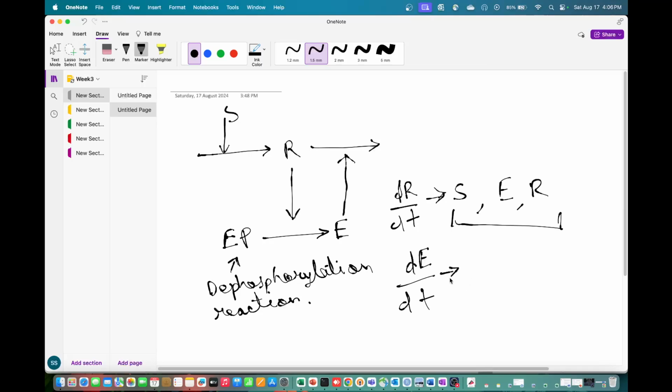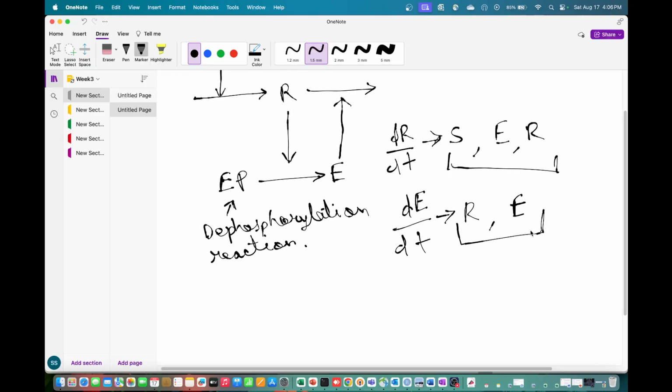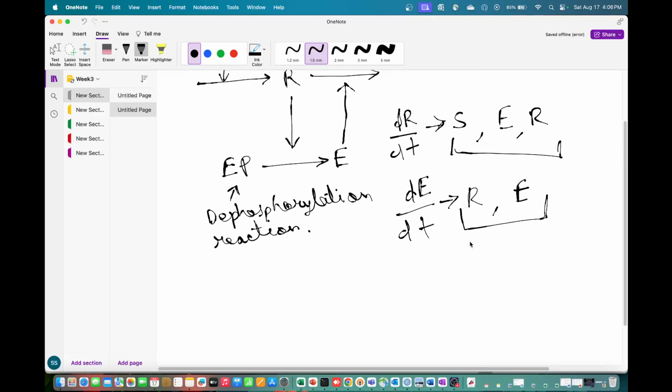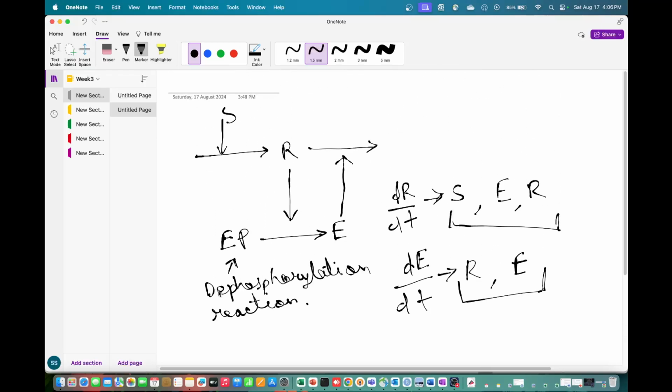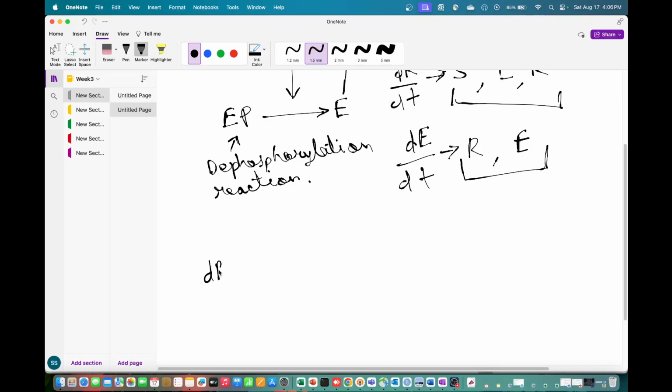Now dE/dt will be a function of R, because the production of E depends on R. Next will be E itself, so the change of E is dependent on E itself. So these are the three and the two elements of the network that we are interested in. Now let me try to write this down. So for R,